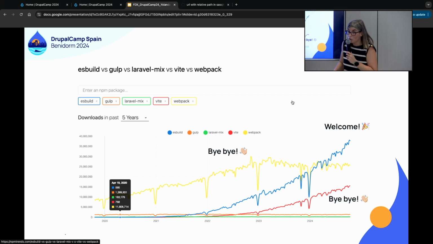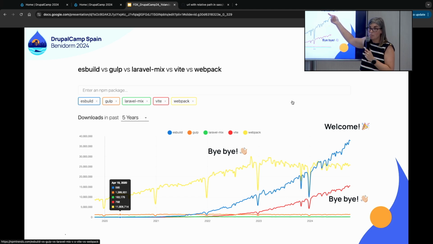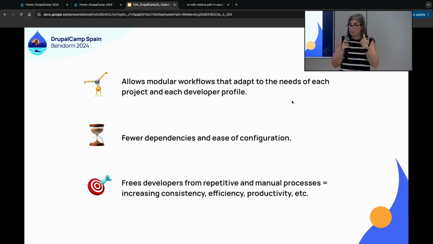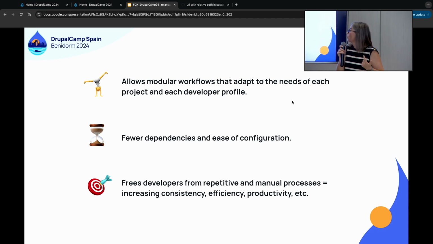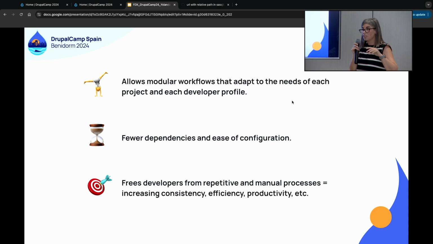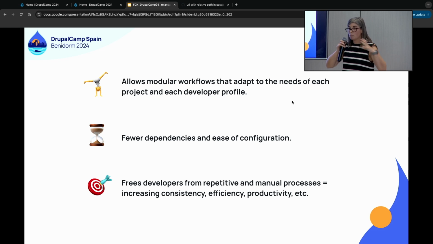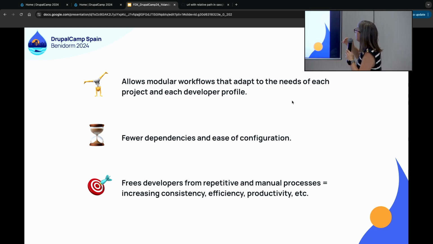So now I can say I understand why people are using ESBuild. So fast, easy to create everything, not a single error. So welcome to my life, ESBuild. Because it does what is expected, allows modular workflows that adapt to every single developer profile. It has the flexibility to adapt to big and small projects. It has very few dependencies and is easy